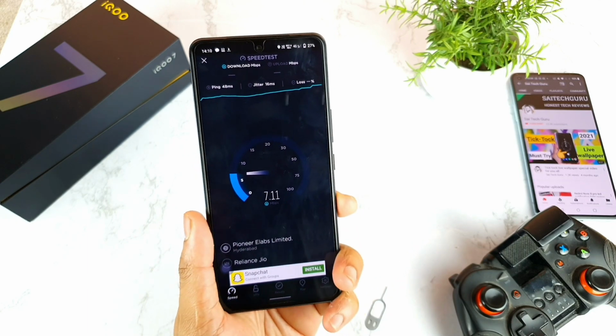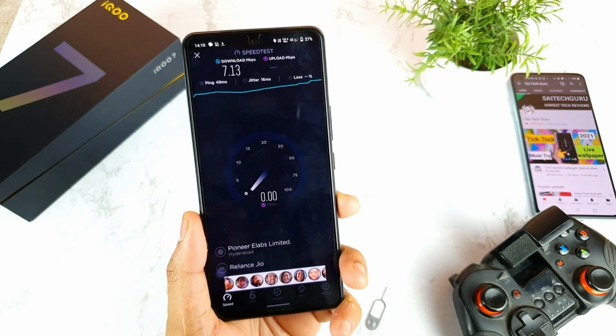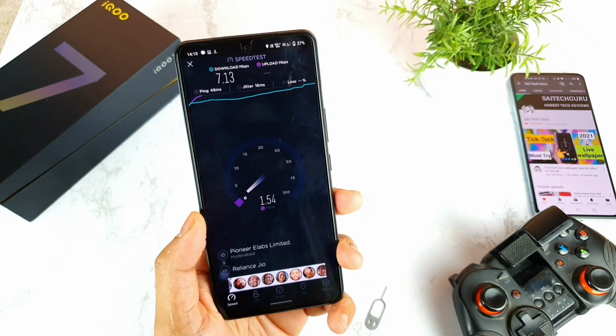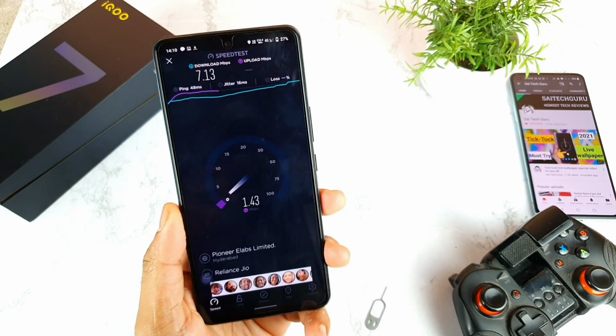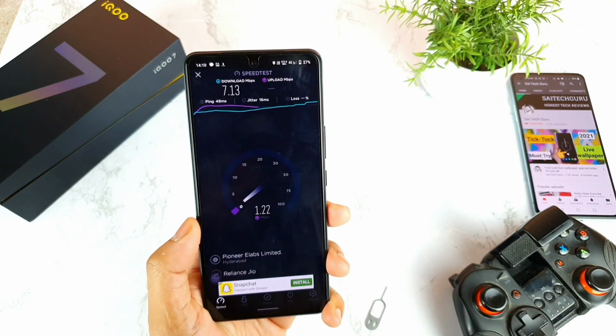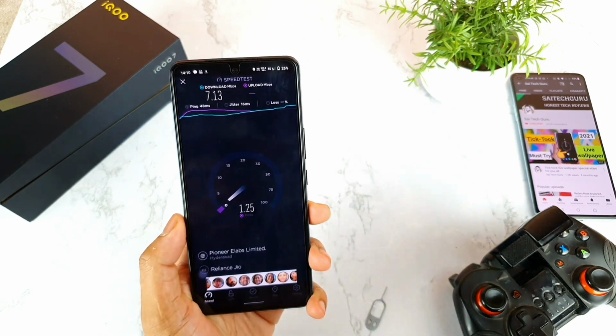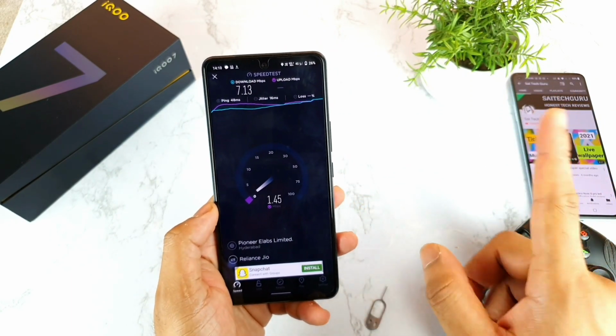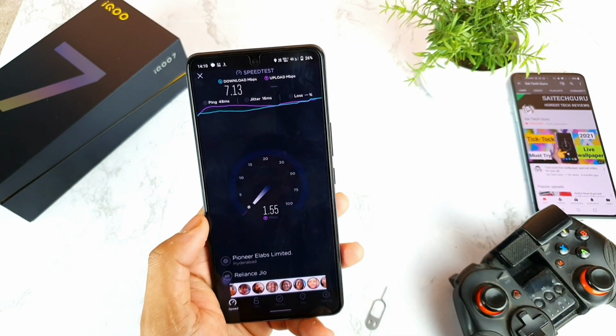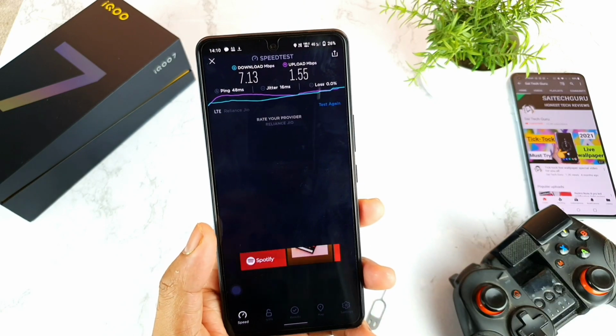I am not sure what's going on in this phone. If you use the iQOO7 phone, then definitely you will experience this kind of slow network speeds. In other smartphones, I'm getting about 14 to 15 Mbps. That is what I compared with the other phones, OnePlus 9R and Mi 11X. All those videos I uploaded, so you can check those videos to clearly understand the results.